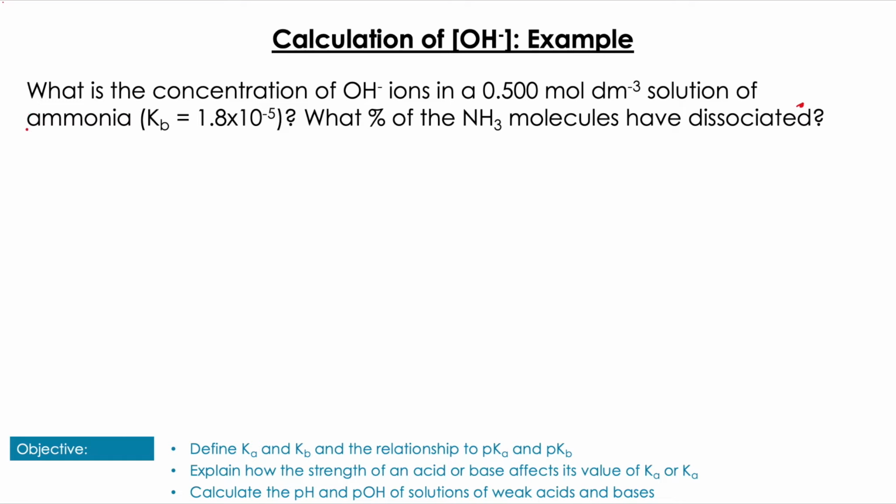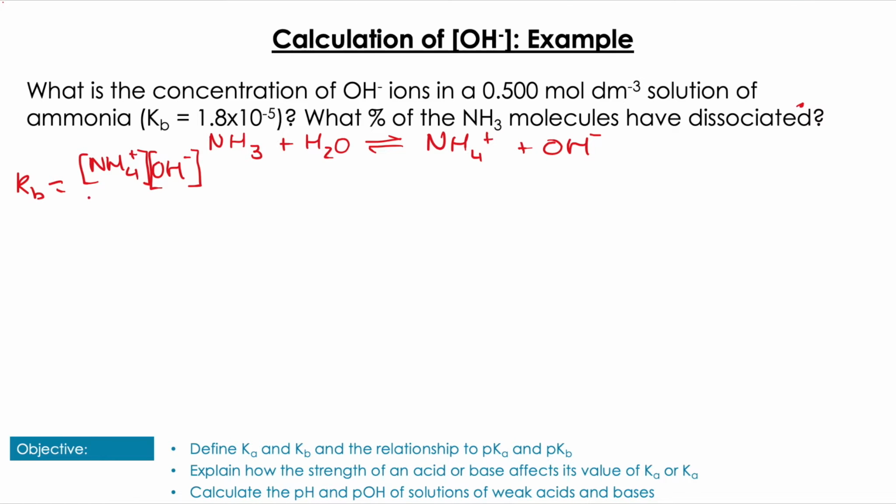So here we want to find the concentration of OH minus ions in a weak base. So first thing I'm always going to do is I'm always going to write out the equation if they don't give it to me. That's just going to make things a lot easier. And then once I have the equation, I'm also going to write out my expression for Kb. These are almost always going to be used, and even if they're not going to be used, they're certainly going to ground you in what you actually have to do, not including H2O there,